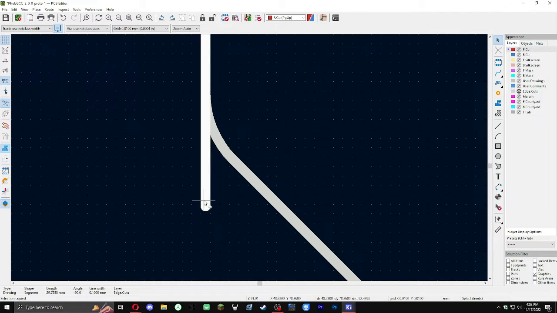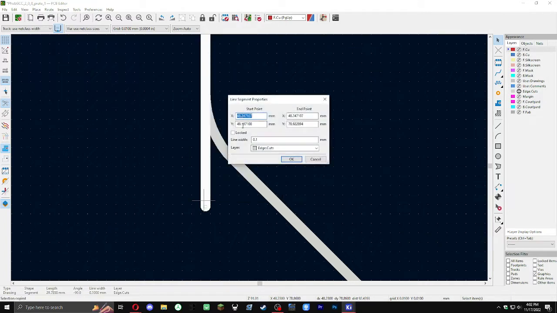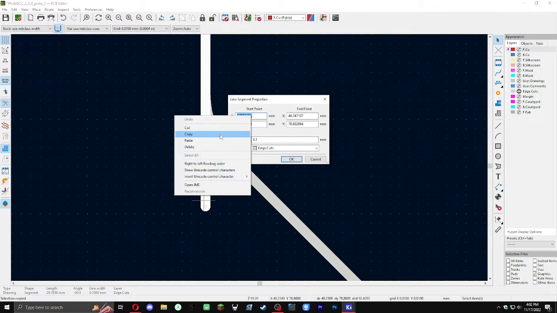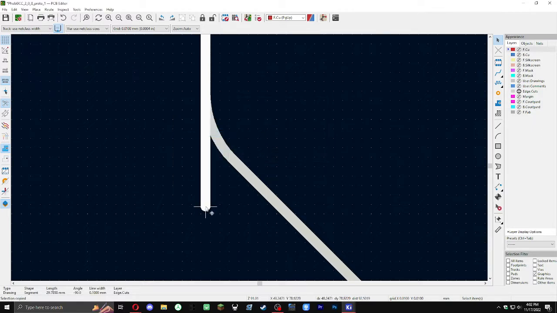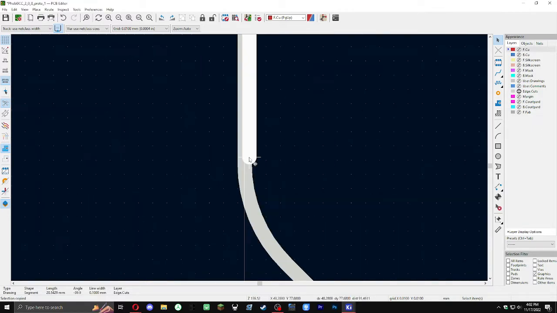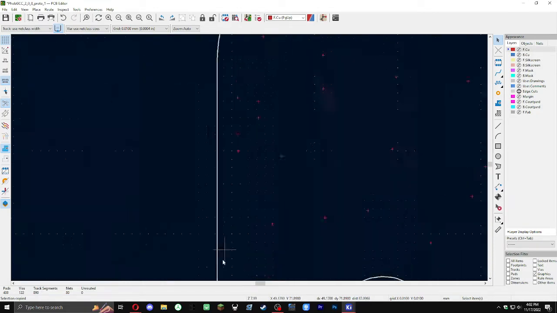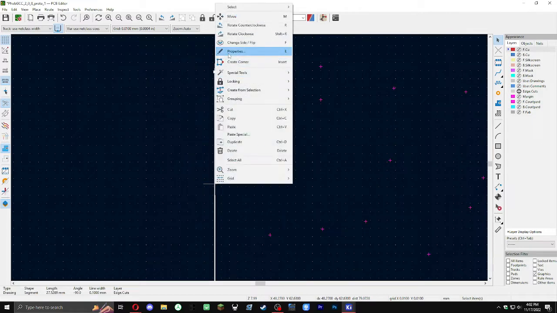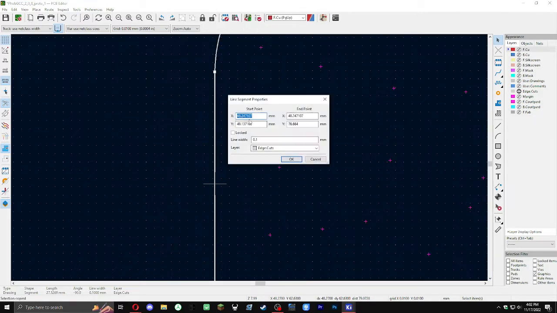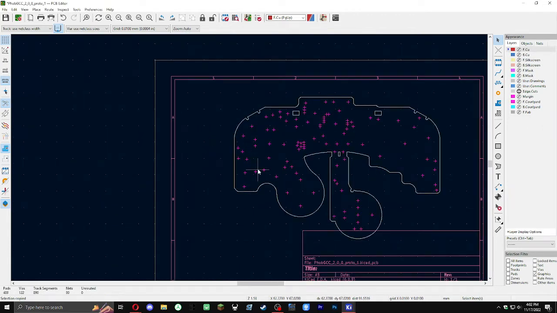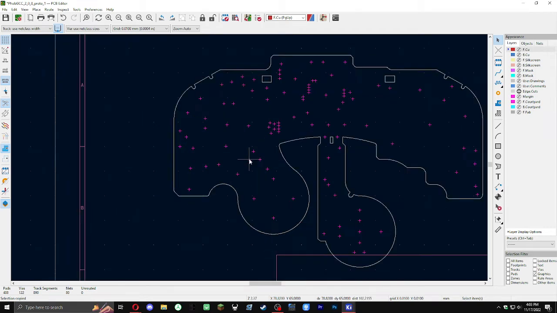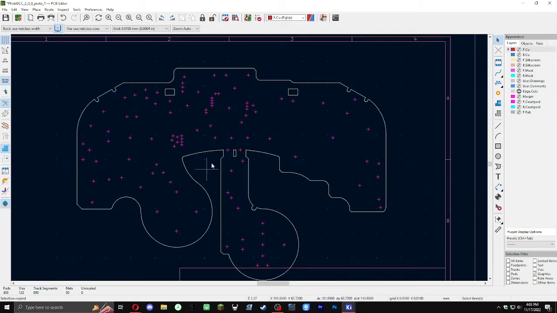So first thing I'm going to do is grab the X value one more time, just in case I make a mistake. And then, see right there? This part doesn't matter nearly as much because it just makes a straight line. But yep, so everything is perfectly aligned. So now you have a perfect edge cut